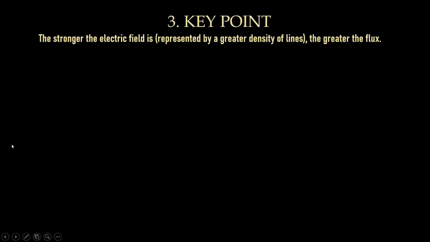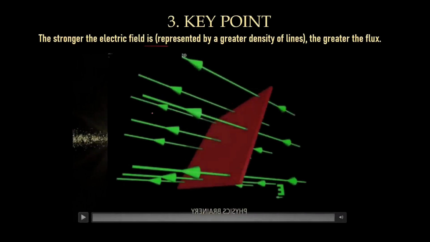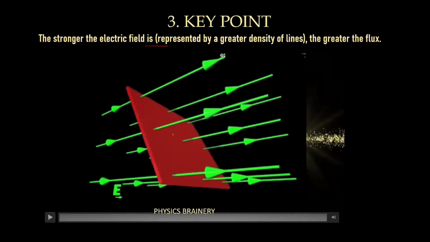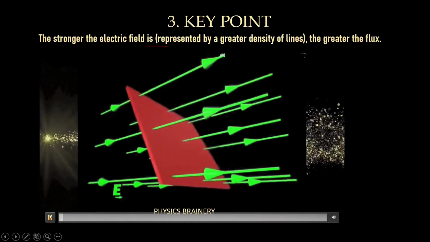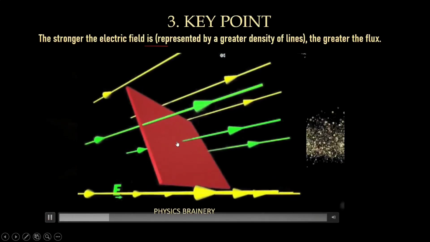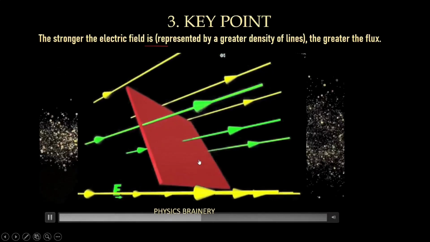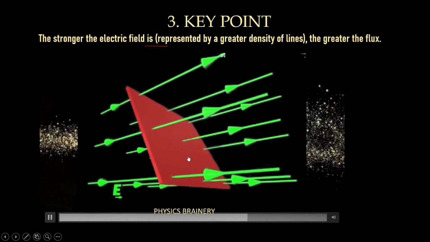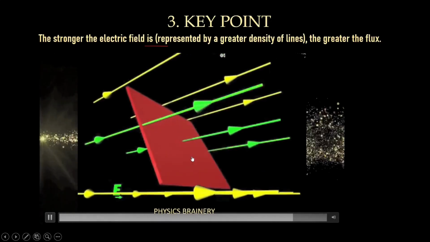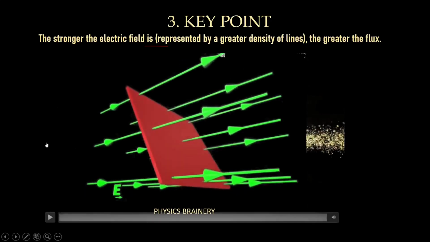Now the third factor is the strength of the field. That means the denser the field lines, the closer the field lines are, the greater will be the flux. Here we will not be changing the orientation, nor the area of the figure, but this time we will be changing the field lines. Let us observe this. Now the field lines are getting rarer, that is, fewer field lines will be crossing. Now the field lines are getting denser, so more field lines will be crossing the given surface area. Again, the more the field lines, the denser the field lines, the more is the flux; the rarer the field lines, the less will be the flux. So this is how the flux depends on these certain factors.